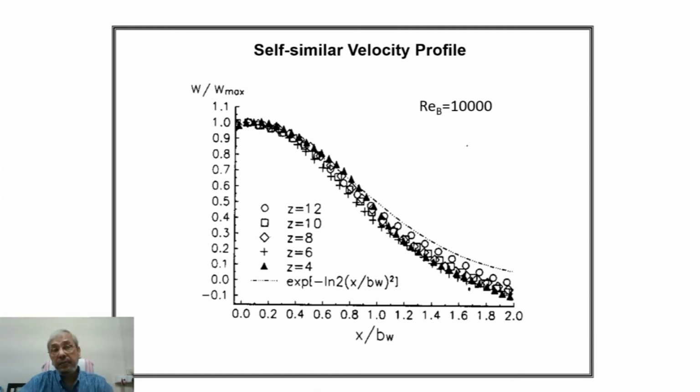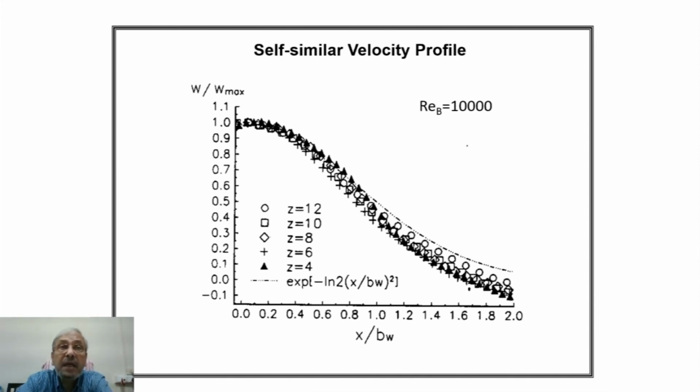Any height from the plate or any level from the nozzle, any depth from the nozzle. If we plot W by W max, that means local velocity from the nozzle center line, by the center line velocity W max at a given jet, and the other axis will be distance from the center line by BW,